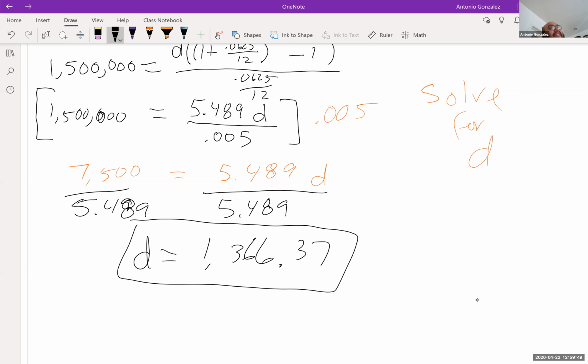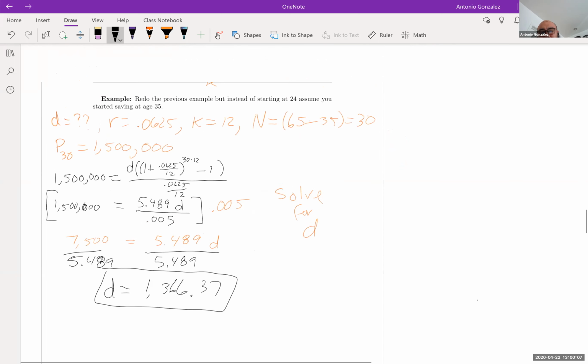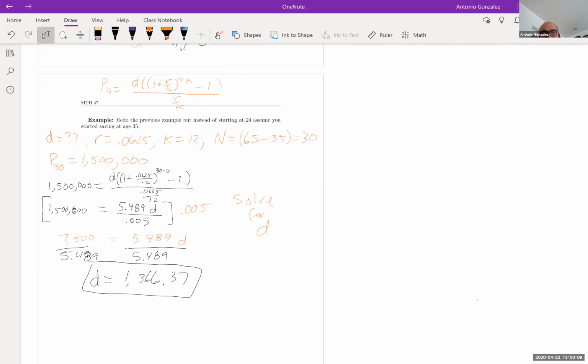All right, so now you can see the effect of compound interest and how it works if you don't start early. The shorter the amount of time that you have to earn compound interest, the more you have to start putting away to begin with. Okay, any questions on this example here? All right, why don't we stop here for